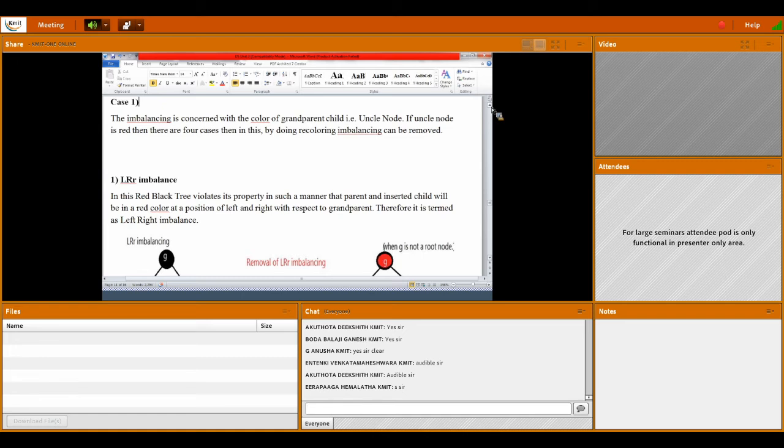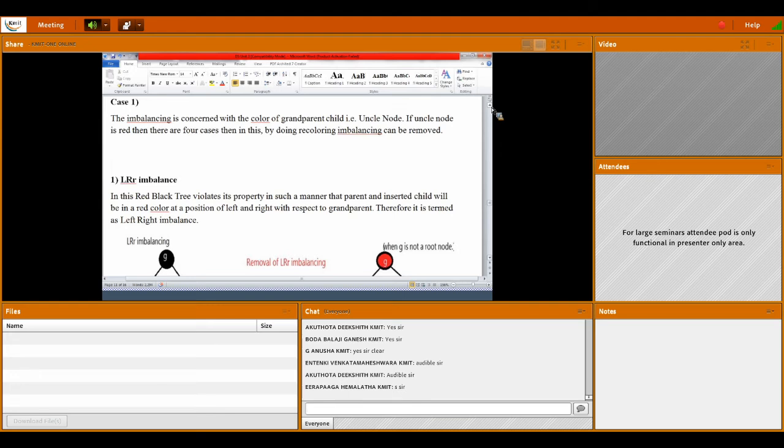The uncle nodes are the siblings of the parent. If the uncle node is red, then there are 4 cases: left-right recoloring, left-left recoloring, right-right recoloring, right-left recoloring.